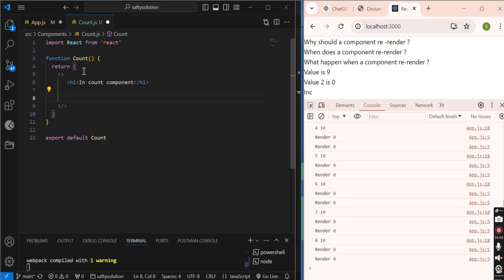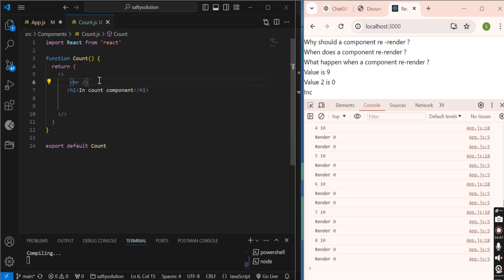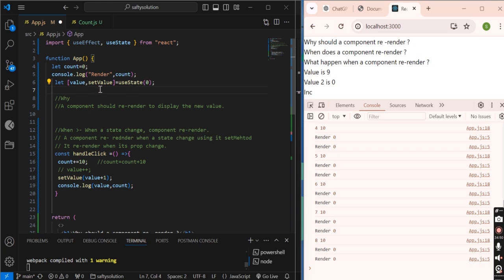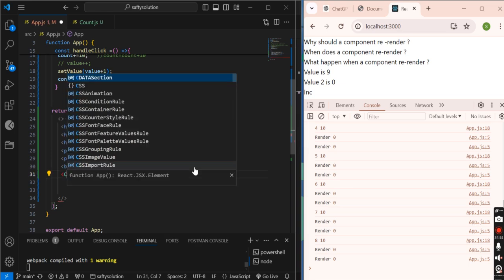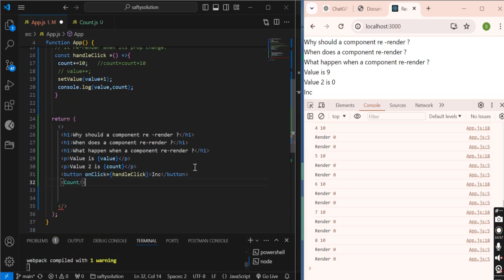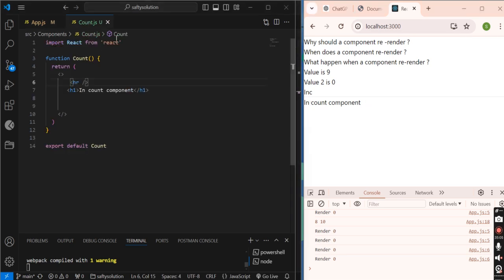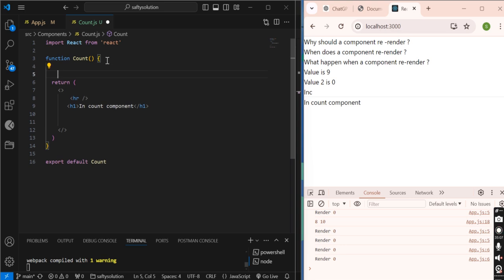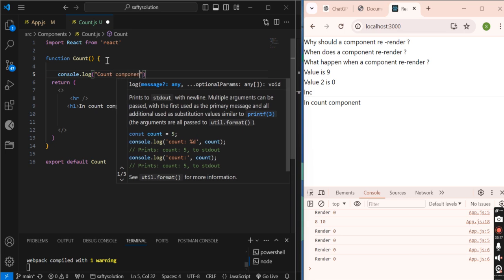Here we are importing that component. See, yes, here the Count component. Let me define a console.log in the Count component.